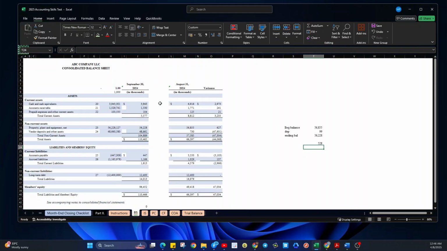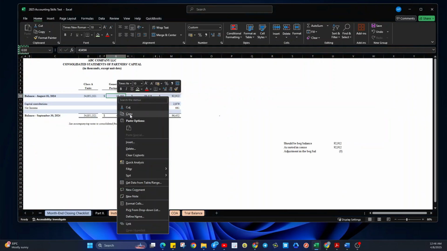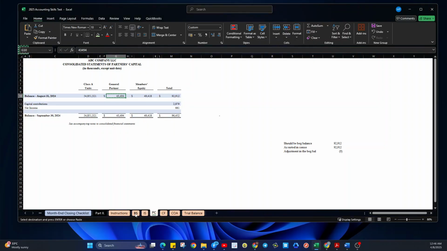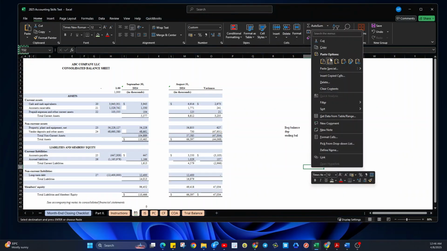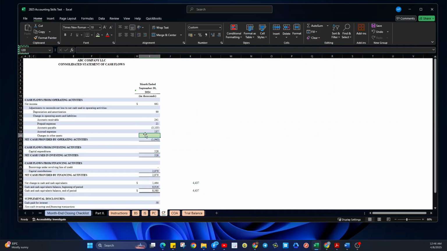Let's go to balance sheet. For other asset, we have here the 47,931, but as you can recall, we have here a change, the adjustment. So let's see, 4437. So if we go here in the balance sheet, we have here 4437.